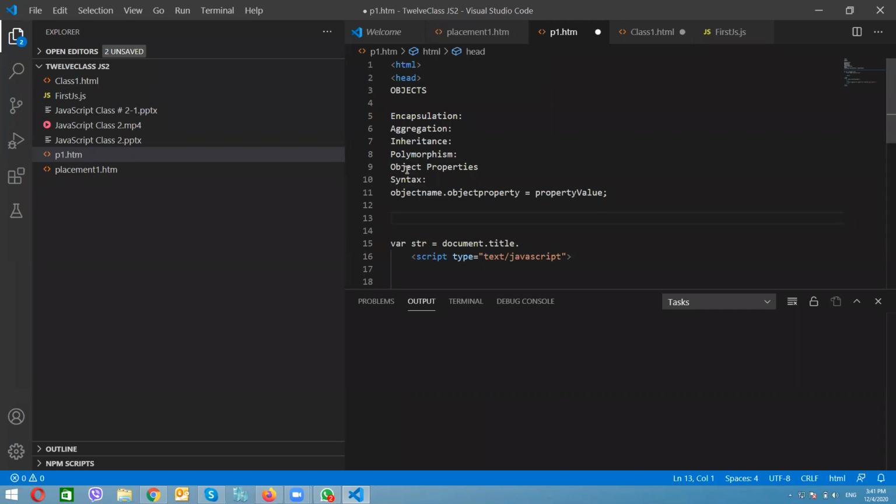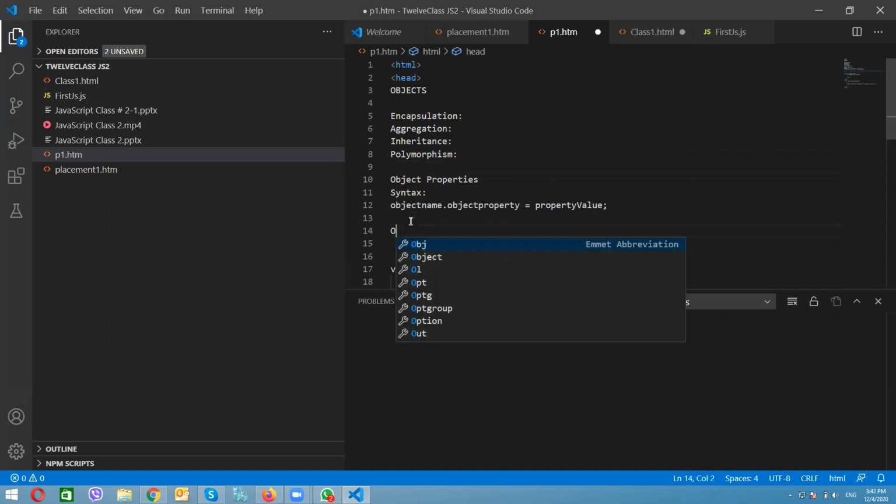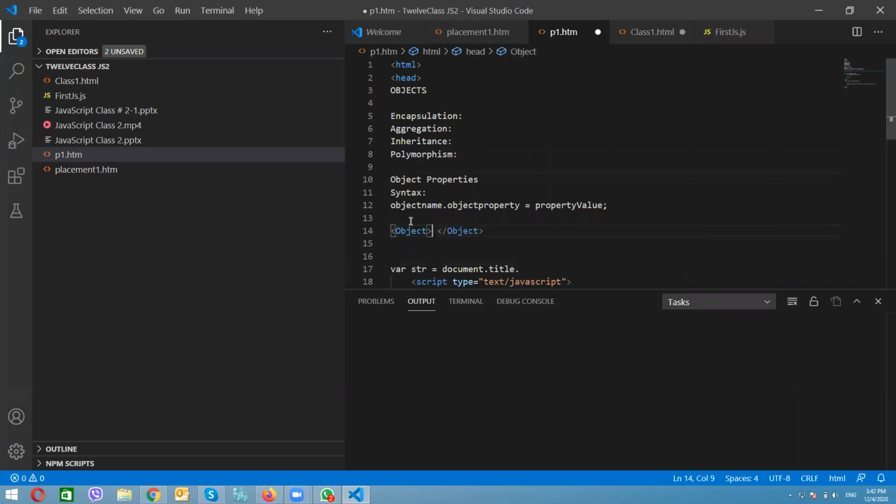There is another thing which is called an object method. Let's learn what an object method is. Basically, methods are functions.